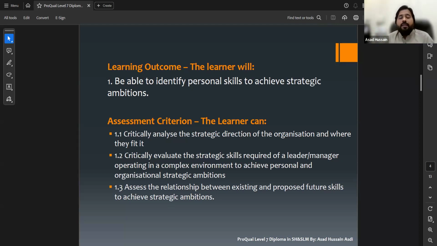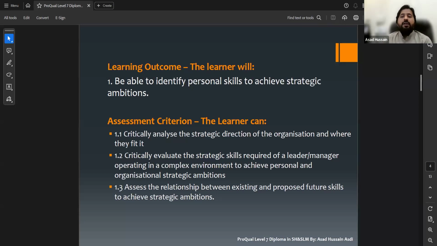So the candidate has to do the critical analysis of the strategic direction of the organization, where they have given these directions and where they have implemented these directions. The candidate has to give narration, his point of view on the strategic direction of the organization, by doing the critical analysis.